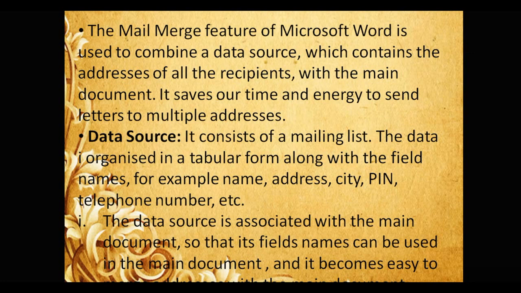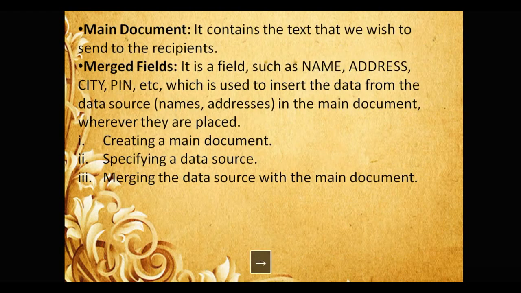So what are the three things that are required for sending something? That is the data source. Data source means you should have a full mailing address. For example, I am sending you the data through the UDIT app, so you should have your mobile number, your ID, your password. If it is not there, then it is not possible that you access this kind of data, right? So data source is important.